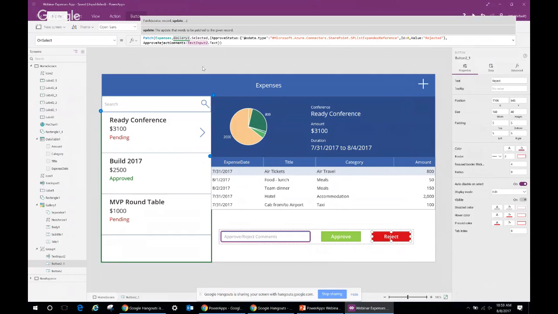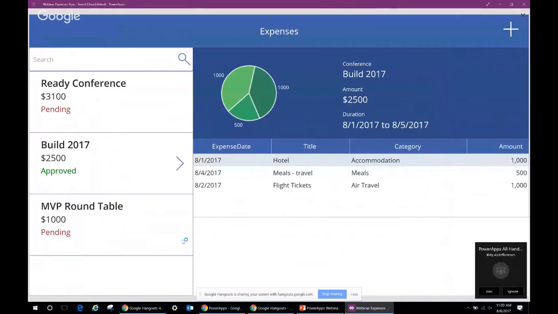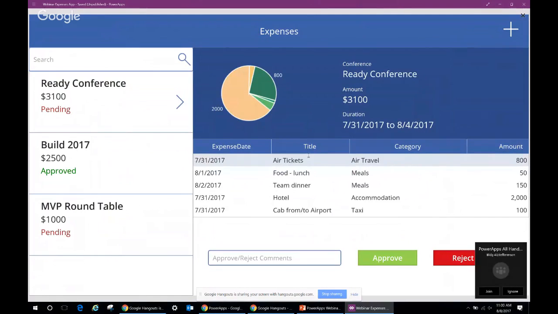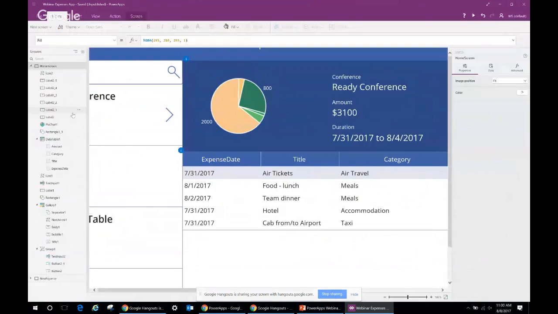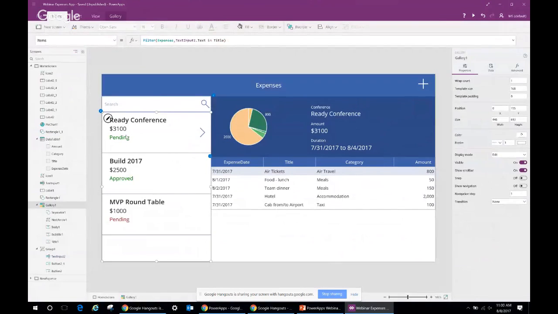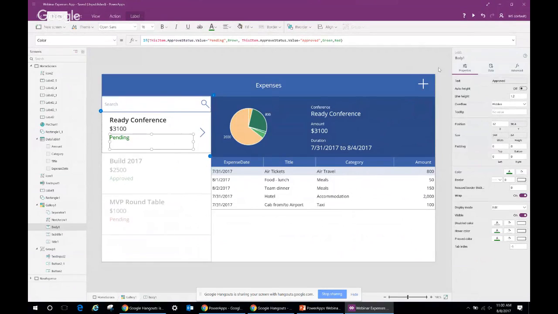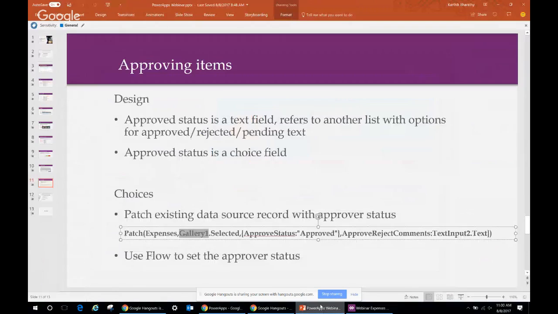Thank you. So now let's go ahead and preview the app. Right now, the build is approved. Now let me go ahead and click on approve. And you should see that, oh, it changed to green. And I think my text wasn't updated correctly. So you can just go ahead and approve that particular line item. Okay, perfect. Cool. So that was it in a nutshell. Let's go back